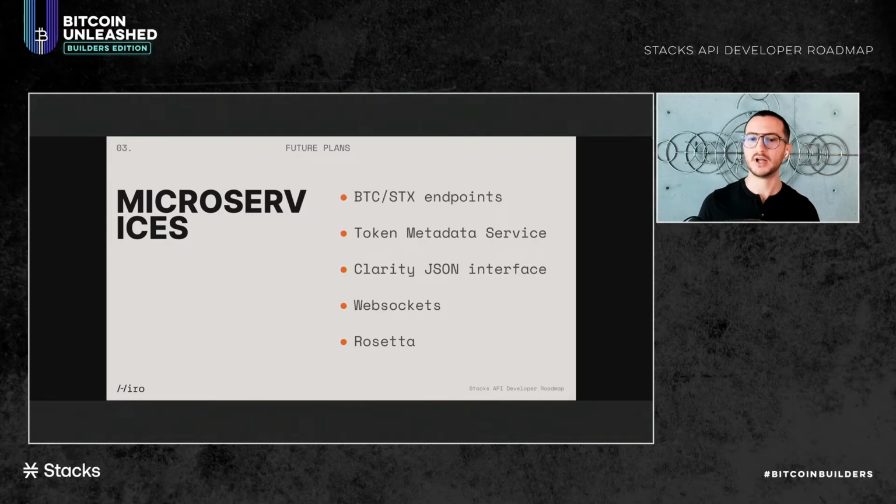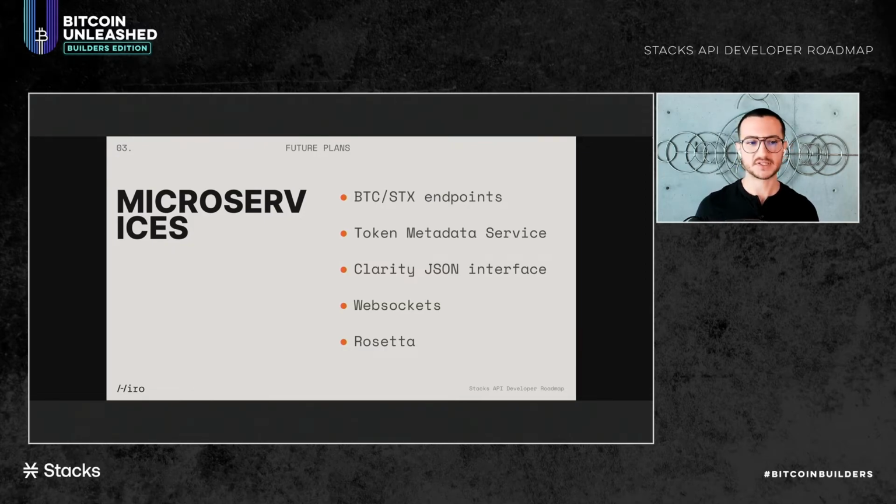So first of all, we're adding some new exciting endpoints that bring about the compatibility between Bitcoin and Stacks. So for example, if you want to derive addresses between them, if you want to query data across the chains, we're going to be adding a lot of endpoints for you to do this. And we'll be providing them